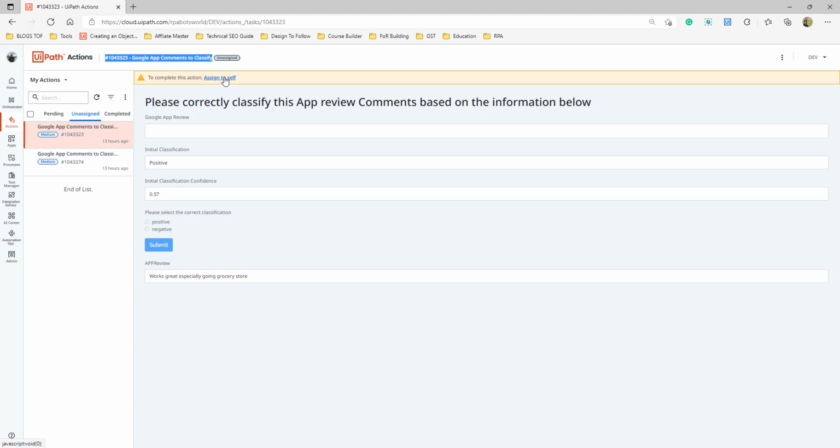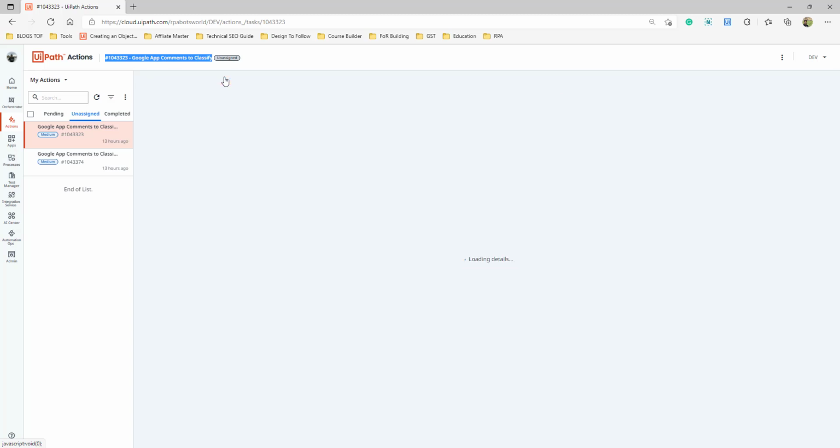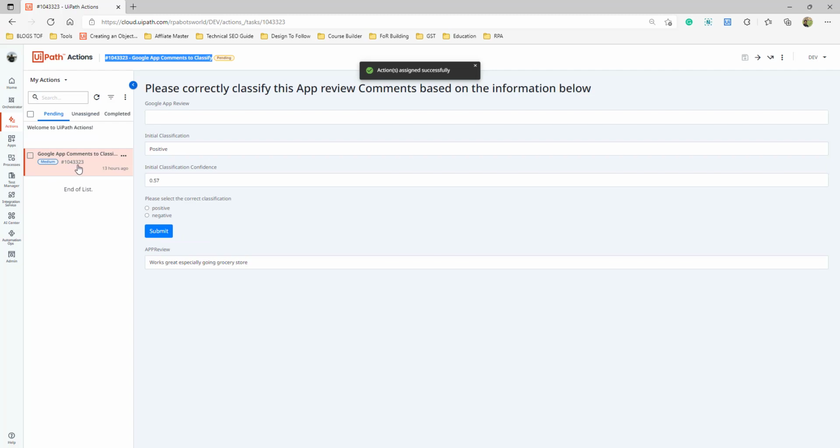So that's the reason it has to be done. First you need to assign it to yourself. The moment you assign it to yourself, it will come into the pending state. And then in the pending state, you need to take action and submit it. And once you submit it, right, then